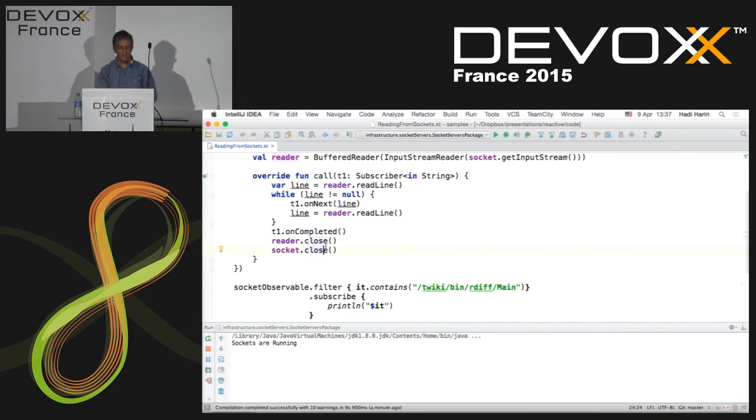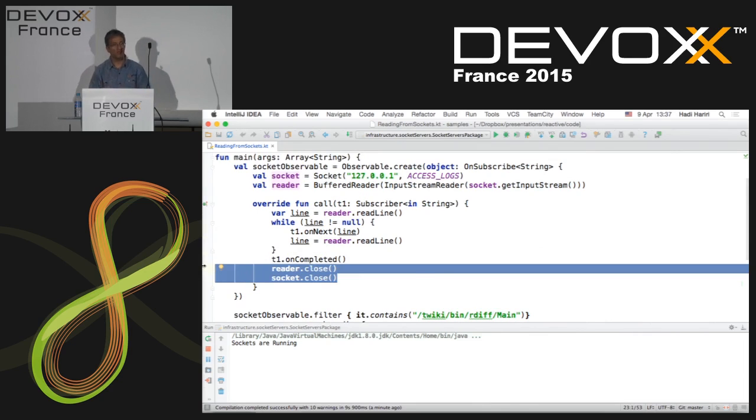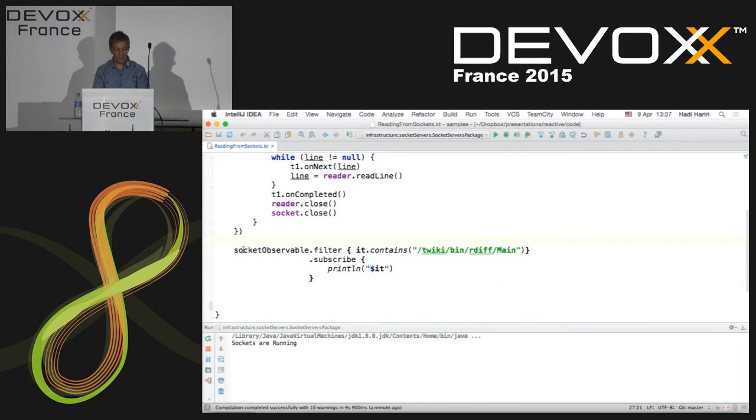Now this isn't normally the way you would do it, because here there are resources that you need to close off. There's an overloaded method in Rx that allows you to say, do this operation with these resources and dispose them at the end, as 3 parameters. So then on this socket observable, I say filter everything that has the URL twiki bin rdiff main, which is basically some URL that's coming in through the log files, subscribe to it and print it out. So if I run this now,